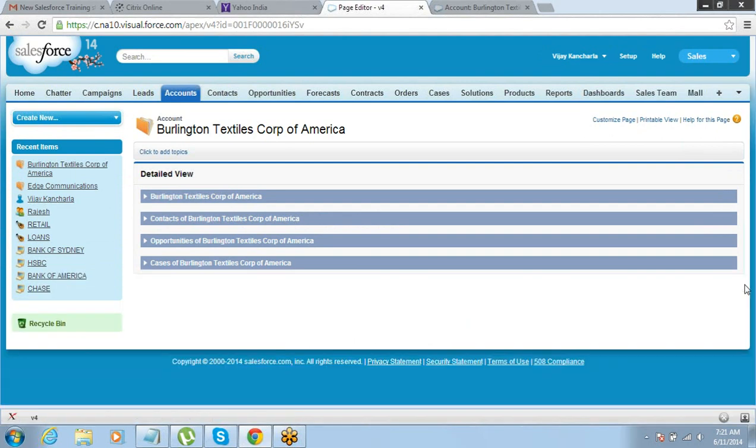So now, before I get into the other code, I will just want to explain a couple of things here. The first thing is that now we understand what we can do with Visualforce, right? So we can design the page and control things as per our requirement, right?